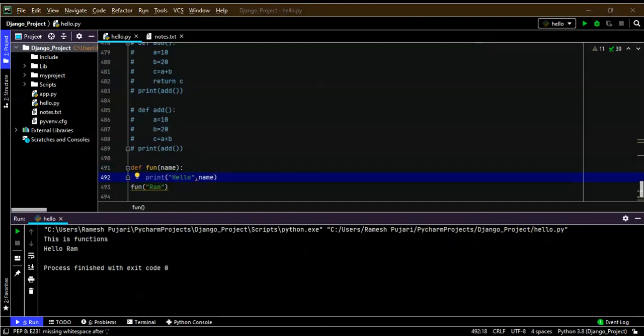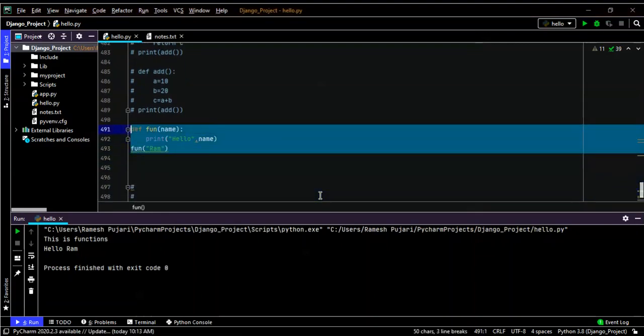Next, in the next example, I am going to pass two variables or two parameters, performing the addition operation in Python. So here is the example. I will comment this code.